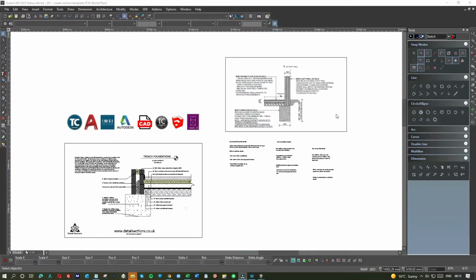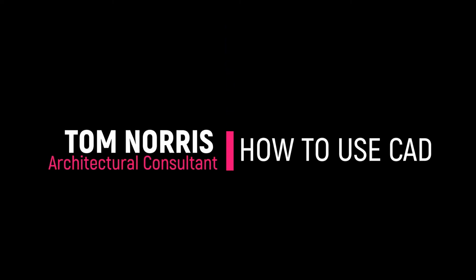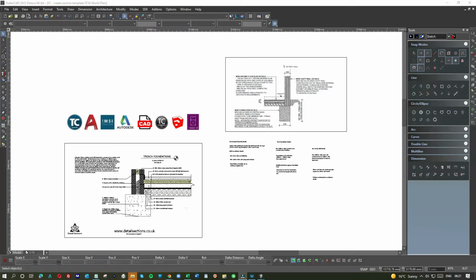Today we're going to create a details section for eccentrically loaded foundations. If you don't know anything about eccentric footings or eccentric foundations, then sit back and get a sound grasp of the details, as you will most certainly need them if you ever create plans for a house extension. Eccentric foundations have become increasingly popular over the past decade or so, and that's mainly because of the party wall